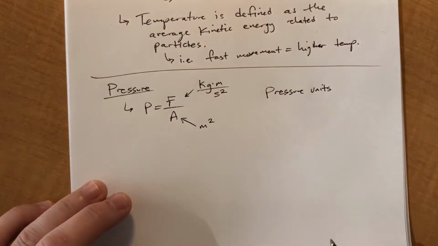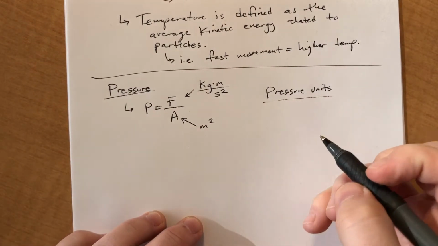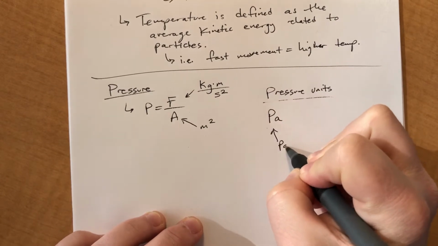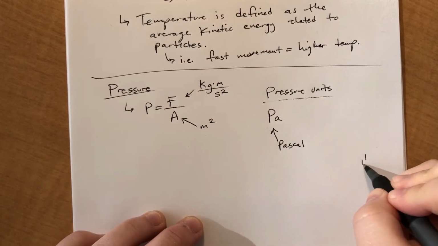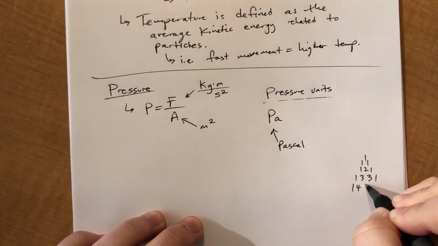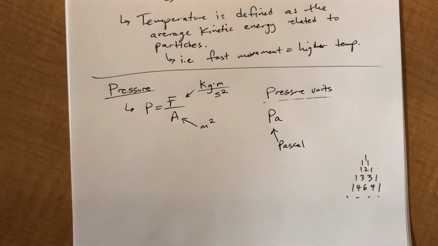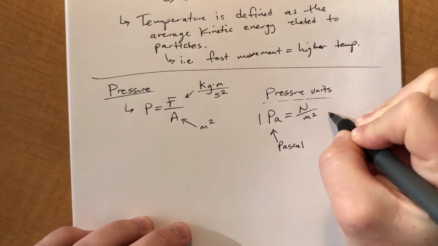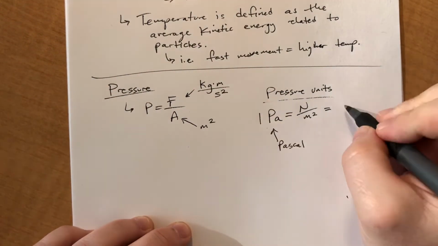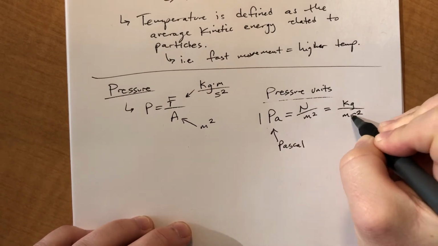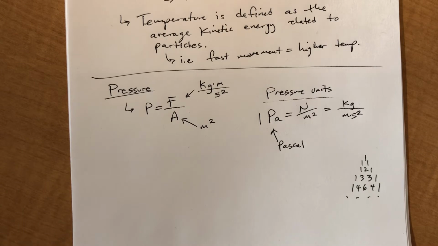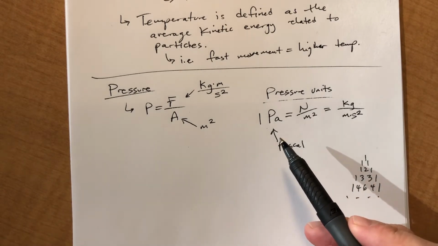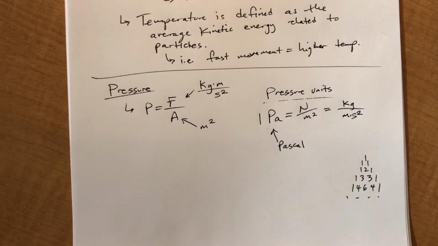The SI units, for any of you physics people, the default answer is a Pascal. Yes, this is the same guy who did Pascal's triangle, all that stuff, factoring polynomials and such. Anyway, 1 Pascal is equal to a Newton per meter squared, or you could visualize it as a kilogram per meter second squared. The units get a little weird. Okay, I will tell you that a Pascal is a really small unit. We actually saw it in a lab not too long ago, and we used kilopascals, and typical atmospheric pressure that you're breathing in is about 100 kilopascals. We'll actually get the explicit number here in a minute, but